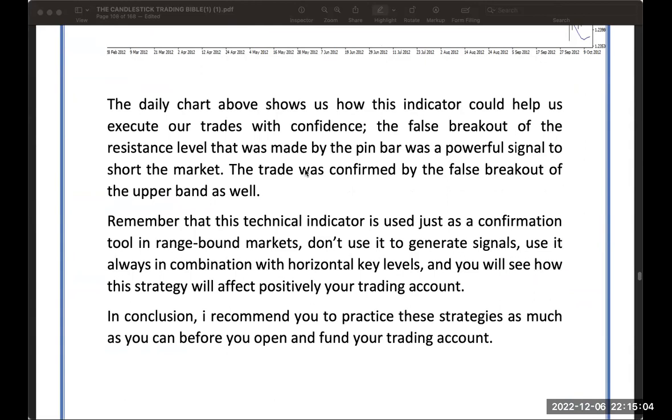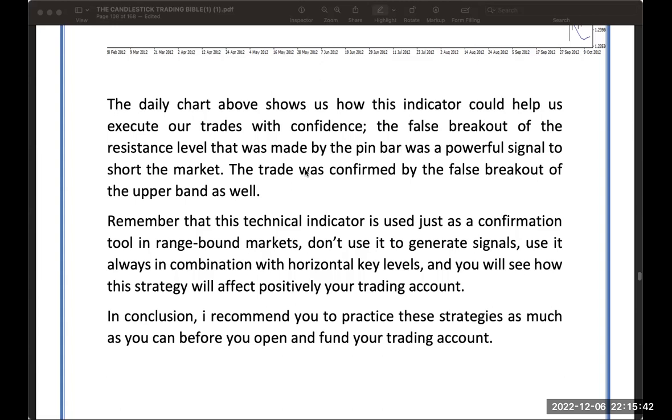The daily chart above shows us how this indicator could help us execute our trades with confidence. The false breakout of the resistance level that was made by the pin bar was a powerful signal to short the market. The trade was confirmed by the false breakout of the upper band as well. Remember that this technical indicator is used just as a confirmation tool in range-bound markets. Don't use it to generate signals. Use it always in combination with horizontal key levels, and you will see how this strategy will positively affect your